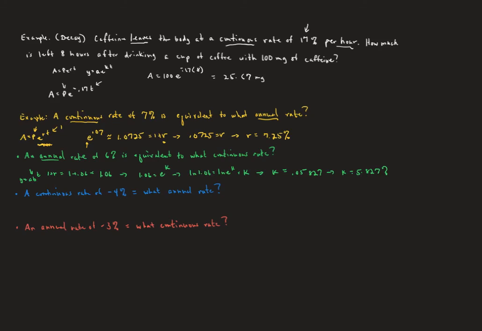Now we'll investigate the same thing but with decays. So if we have a continuous rate of negative 4%, that's a decay. So that's going to be e to the negative 0.04. And we want to know, we'll just punch that into our calculator. And when we do that, I believe we'll get 0.96079. And remember, this is going to be a 1 plus r, and we want to know what is that r. So if we subtract that 1 from there, I believe you're going to get a negative